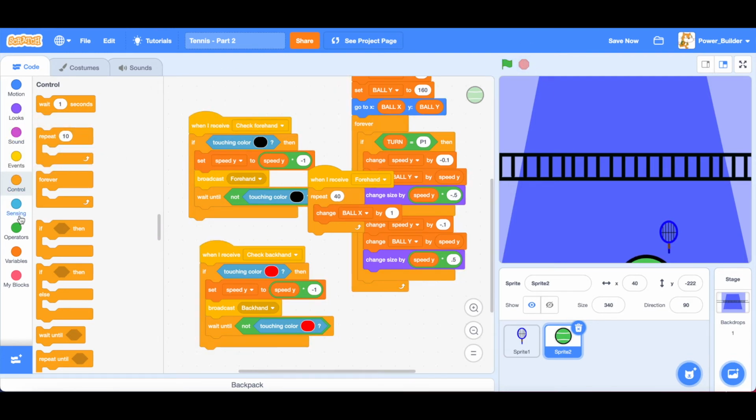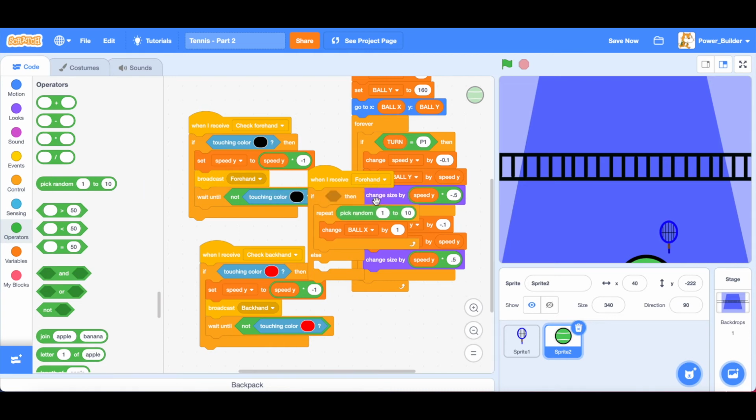Instead of that, do an if else and pick random 1 to 2.